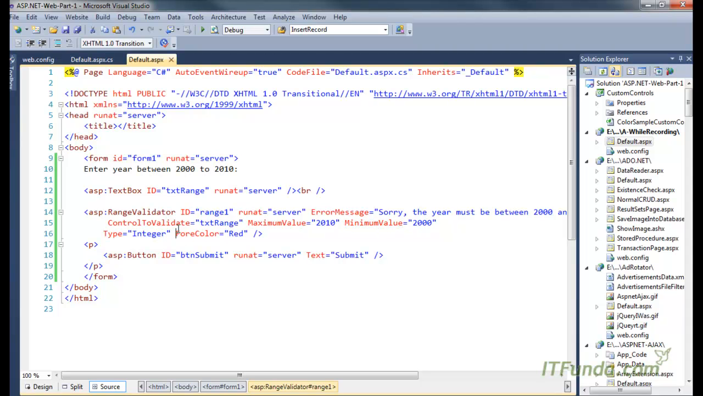Once we have done that, then naturally we'll have to specify the type. Because of this type property, the range validator knows what kind of data it has to validate. It has to validate the date type or double type or integer type or string type. So I'm saying that integer type. And then I have written ForeColor equal to Red, so that the error message will appear in red